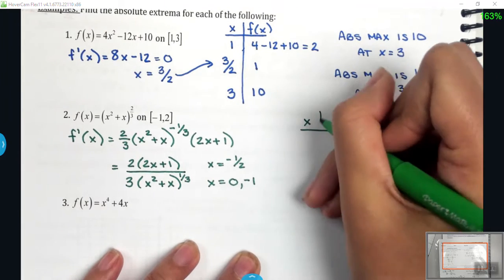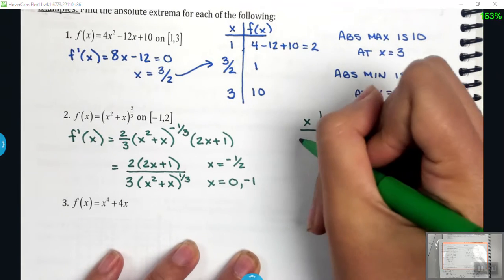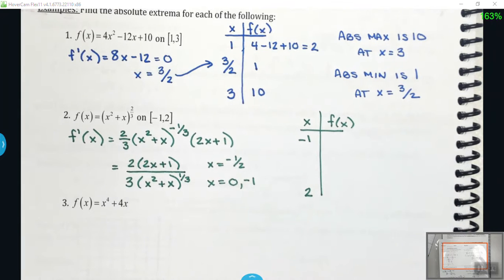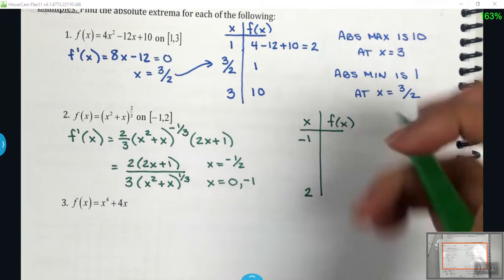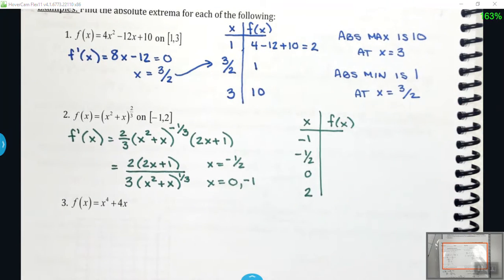-1 and 2 are my bounds, so we'll put those at the end. And then any critical value that lies in between; -1's already on there. We need -1/2 and 0. Okay, we plug